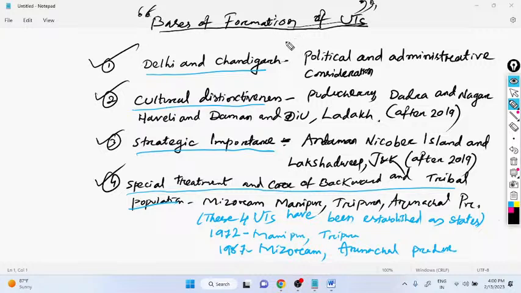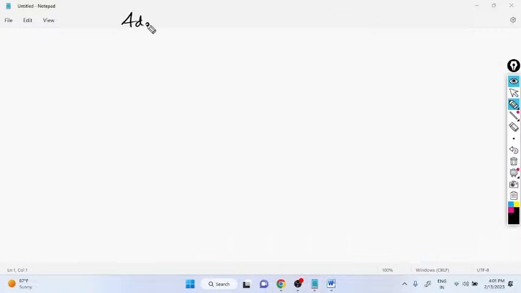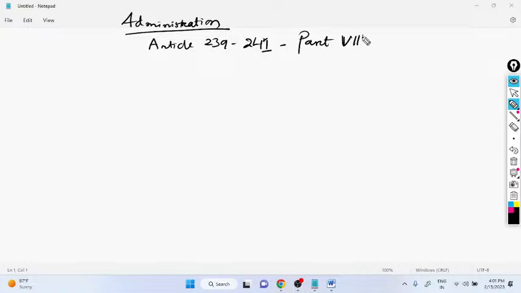Okay, so these are the things. Administration. Article 239 to 241 in part 8 deals with